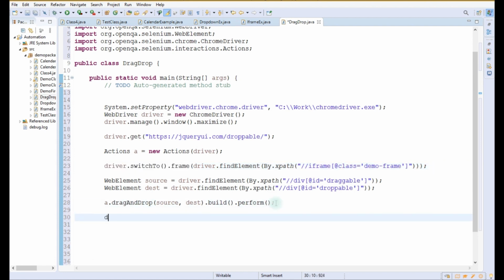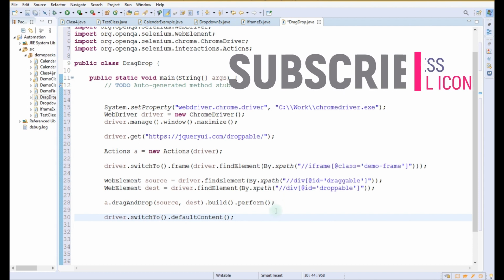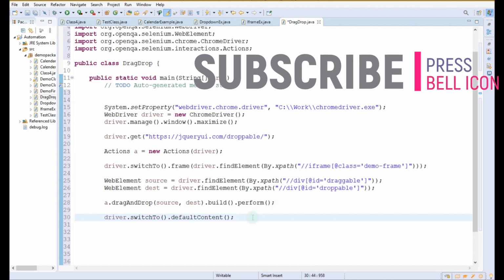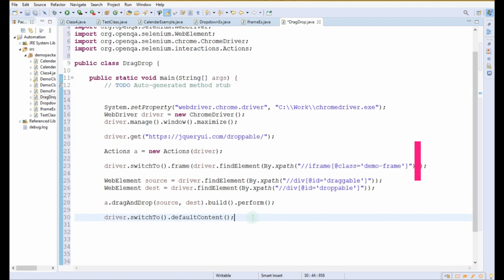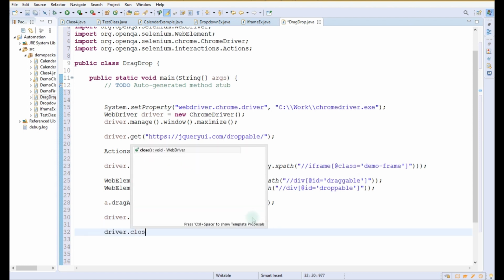For that we write driver dot switchTo dot defaultContent. It will switch the control back to the main web page, and after that we write driver dot close.